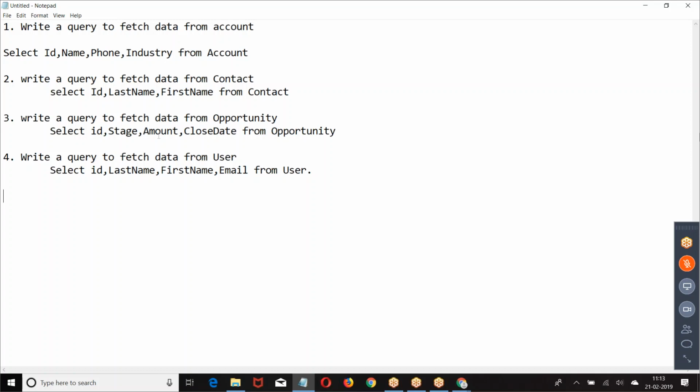This is how we write it. Write a query: SELECT fields FROM a source. Okay, SELECT fields FROM a source.